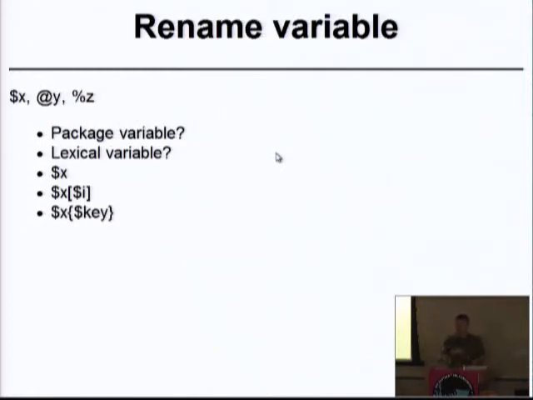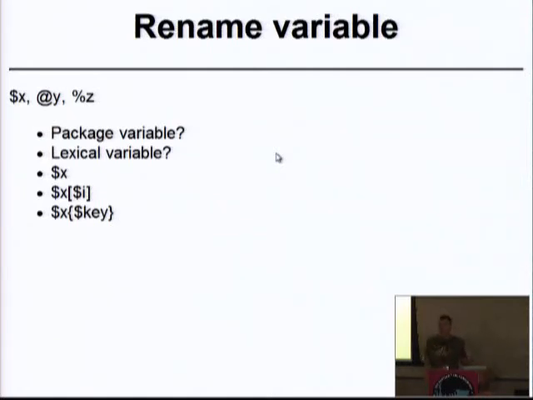One of them, the most basic one, is rename variable. And then you have the variables $x or @y or %z. It's not that simple as to just rename every place where you see $x. You want to make sure that you don't replace the element of an array, which is called, let's say, @x. So you want to make sure that when you're changing $x, you're really changing only the scalar variable.